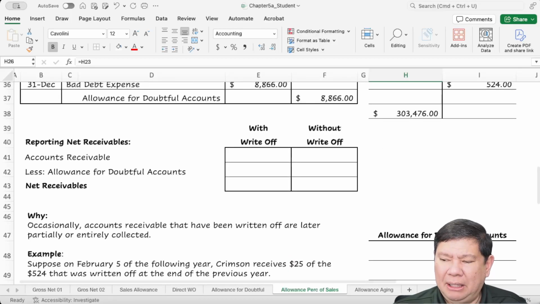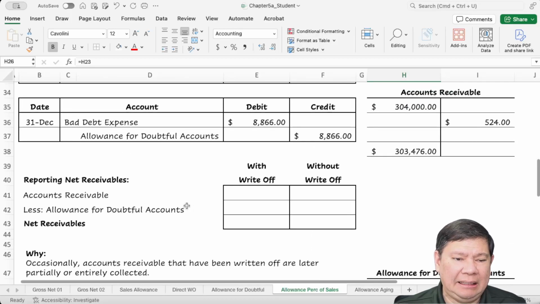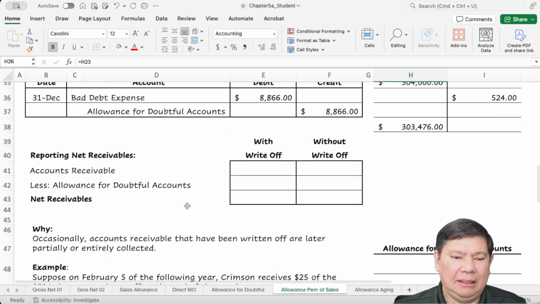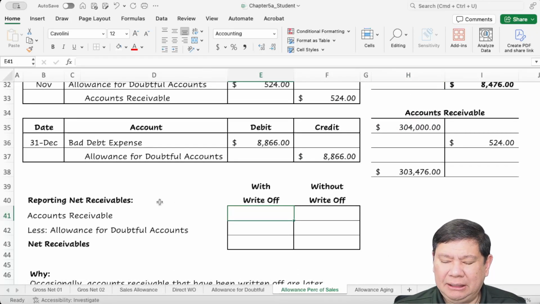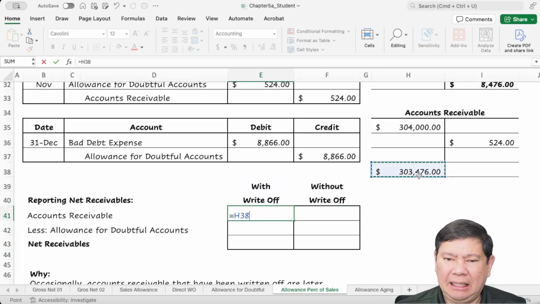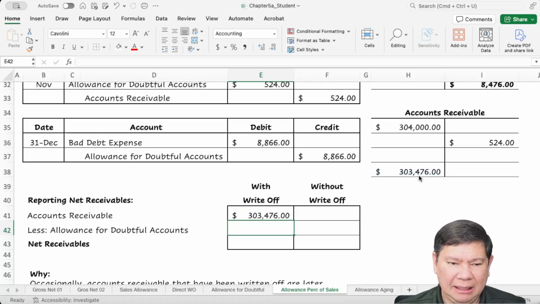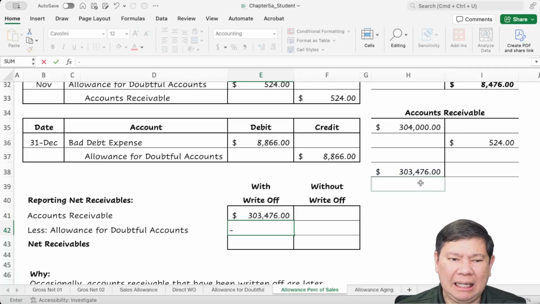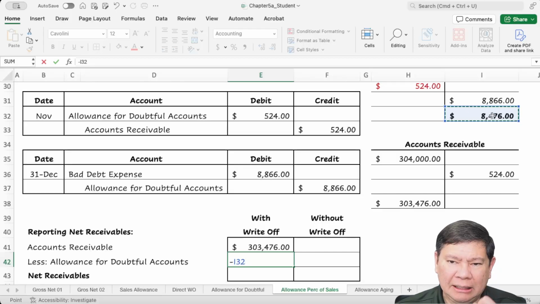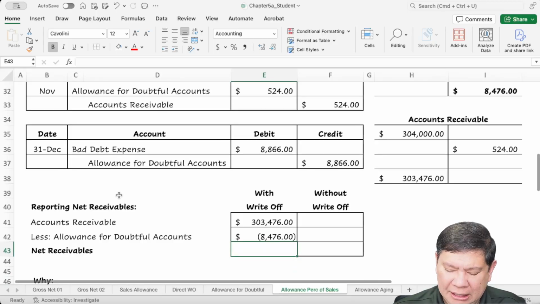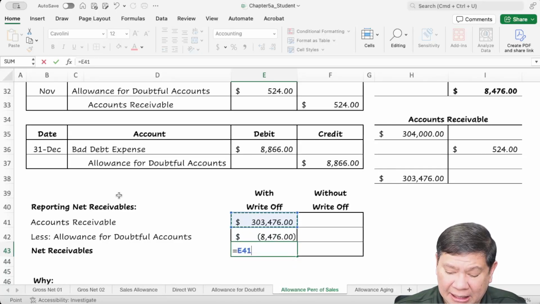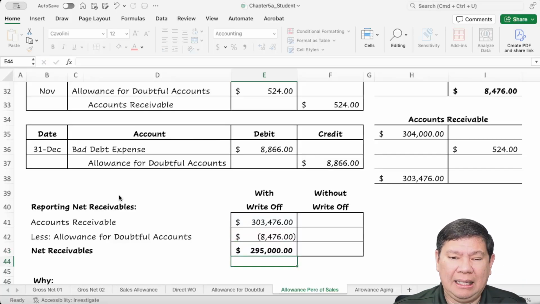Now, how do we report the net receivables? Okay, accounts receivables. Now let's do the first column here with the write-off. With the write-off, the accounts receivable is 303,476, and then minus the allowance for doubtful accounts. That's a contra account to the accounts receivables. So the net receivables, net realizable value, the amount that we expect to be able to collect is